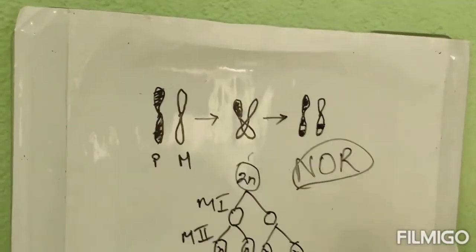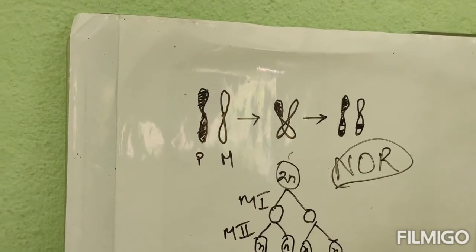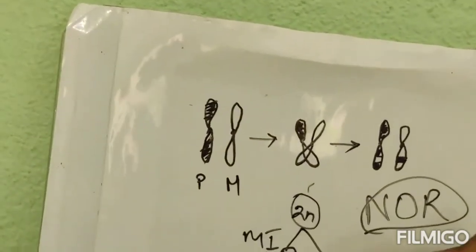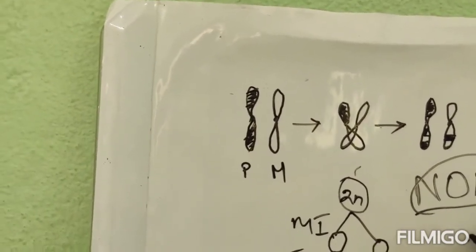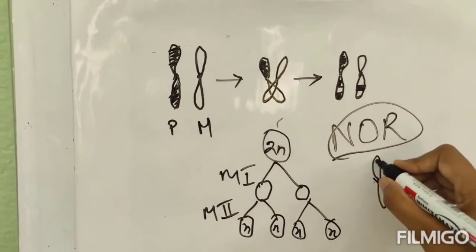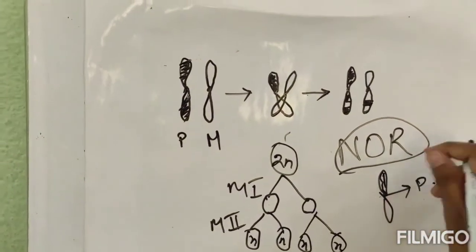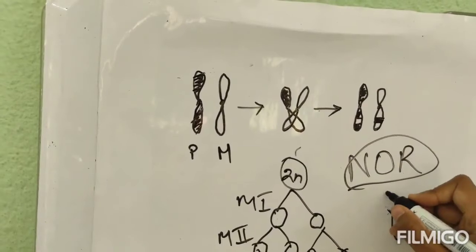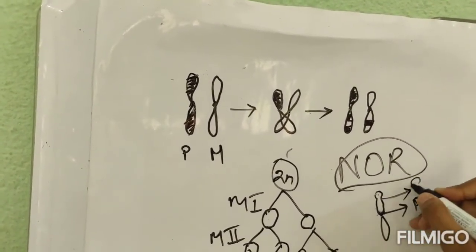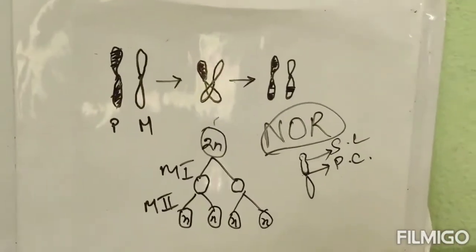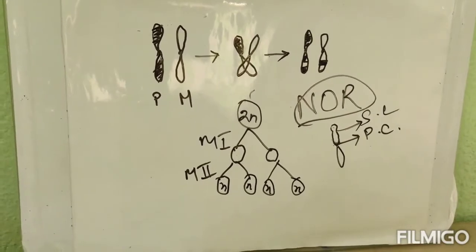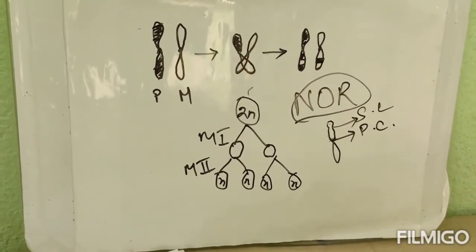What happens? The nucleolus of the nucleus often gets attached with the secondary constriction of the chromosome. As I have told you, the chromosome has 2 constrictions. This is the primary constriction, and apart from this constriction, there is another constriction present. This constriction is termed as the secondary constriction. Now this secondary constriction in association with the nucleolus produces the nucleolar organizer region.